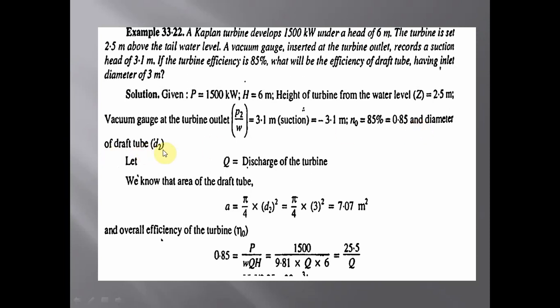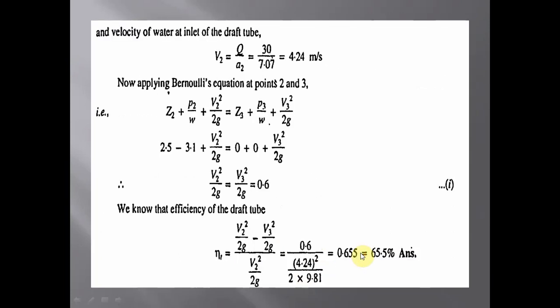Okay, we have dQ/dt, where Q is the discharge of the turbine. We also know the area of the draft tube is A = π/4 × d2² = π/4 × 3², that is 7.07 square meters. And the overall efficiency of the turbine, η = 0.85. From this, P divided by (W × Q × H), that is, P is 1500, W is 9.81 × Q × 6, and therefore Q = 25.5 divided by ...